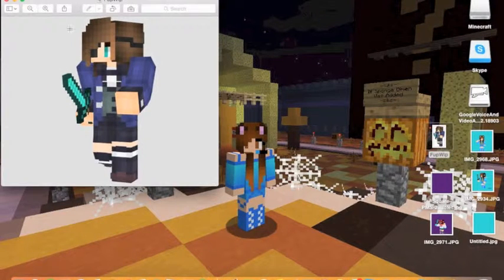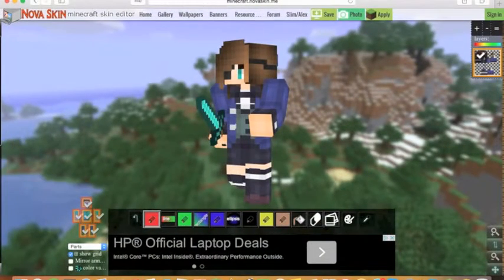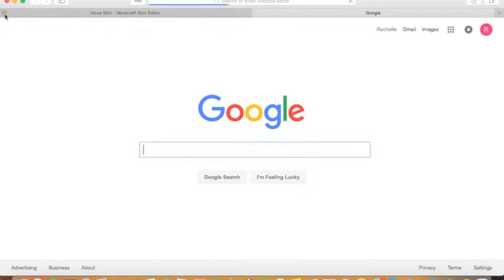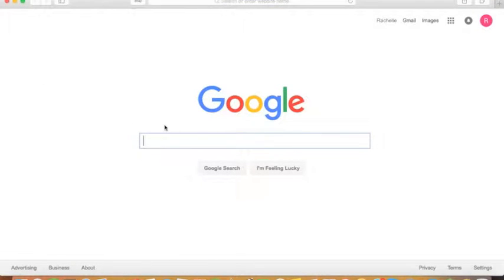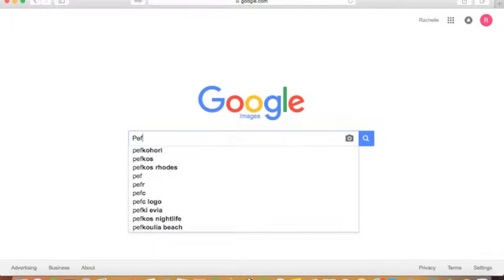Make sure it is a PNG, which it is, because there's no white background, except for when it's on the desktop or whatever. But yeah. So next what you can do is get rid of this. Open up a new tab. And then what you're going to look for is you can go to images or you can use PicMonkey. I used PicMonkey, but we're going to go to images for now and search up like